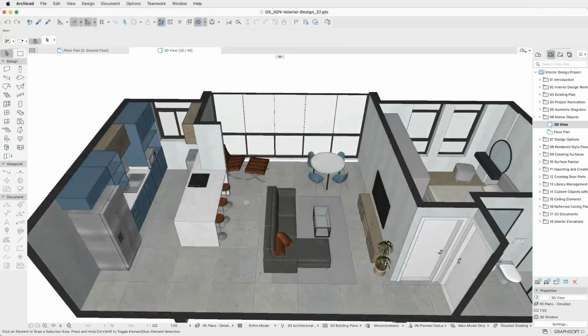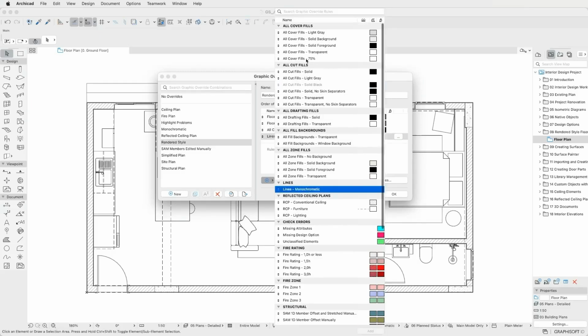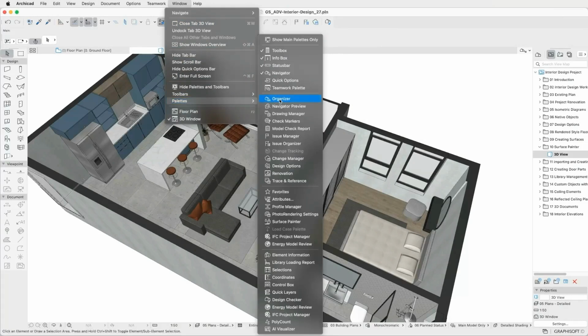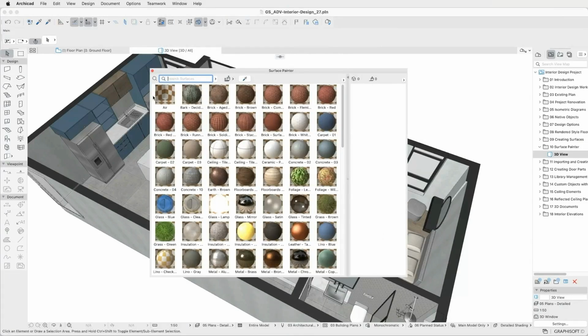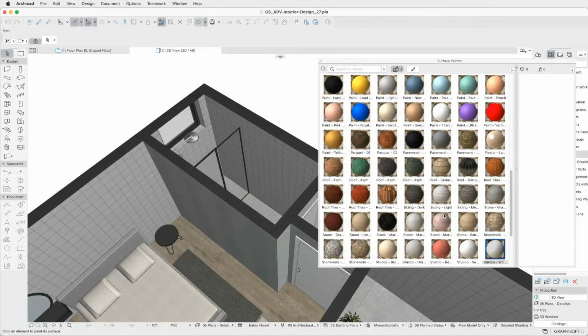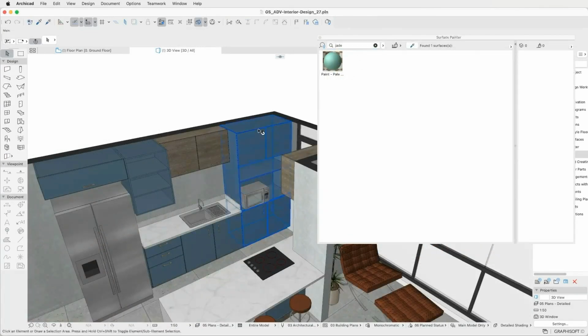Throughout this training, you will gain a comprehensive understanding of the key concepts involved in the interior design workflow using Archicad. You will also learn various techniques and methods to enhance your efficiency in creating and developing your interior design plans. During this training, we will cover the entire workflow from the planning and development stages to the final presentation